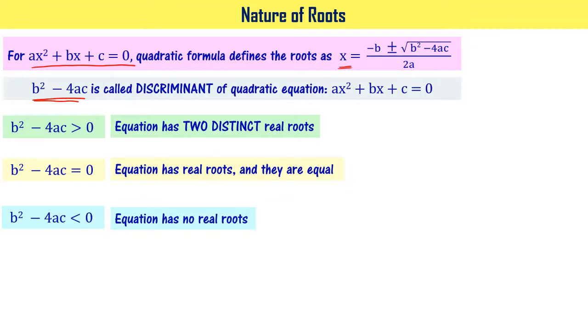Please note this. Now, when we are solving the problem, what we would be looking for is whether b square minus 4ac is greater than 0 or equal to 0. In both these scenarios, we'll have real roots, right? If b square minus 4ac is less than 0, then the equation is not going to have real roots. Then we don't need to solve further. In first two cases, we have to solve the equations using completing the square method such that we can get the roots. Got it? Let's go back to the problem.